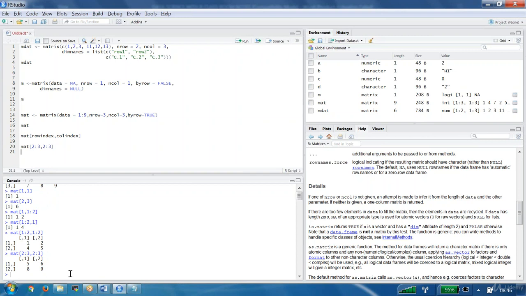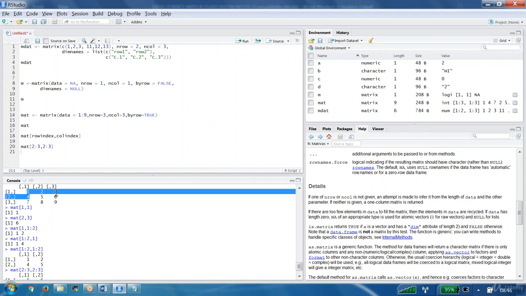Now I'll ask you one question, something different. I want 1, 4 and 3, 6. What I want is 1, 4 and 3, 6. If you are writing the colon, it means continuous.